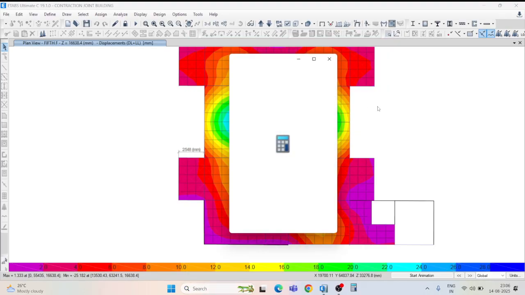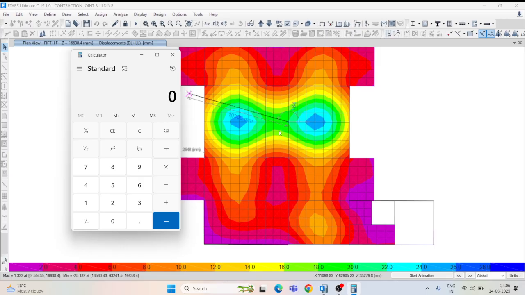Okay, here see, 6091 divided by 350, how much is it? 17.40, or 20 mm. So whichever is less, that is the maximum deflection allowed on these structures. Okay, so the max deflection should be 17.40 mm only.